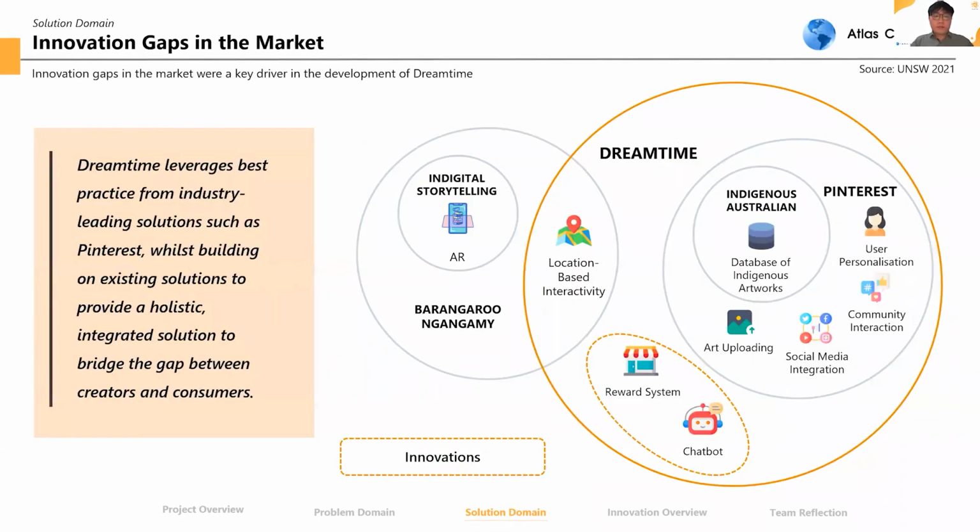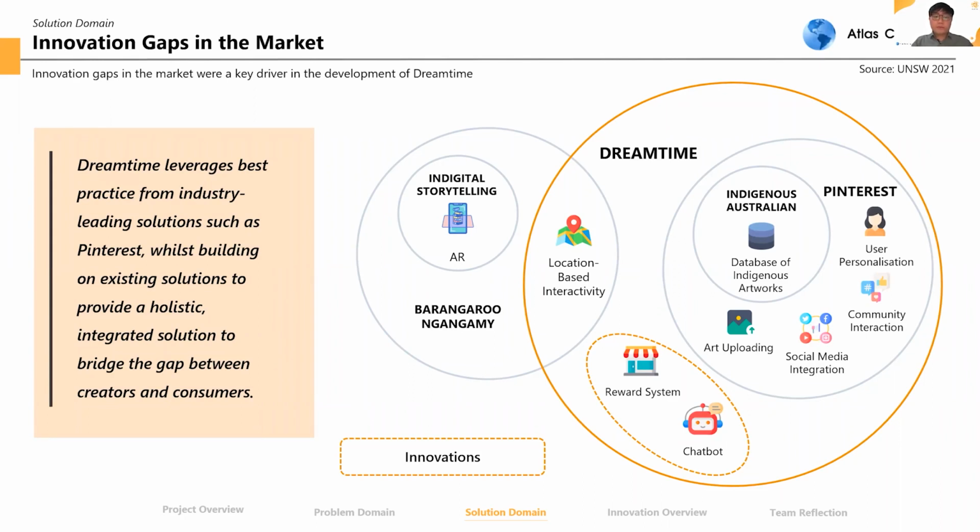After analyzing our main competitors' existing features, Atlas Consulting has discovered 2 innovation gaps: a reward system and chatbot feature, which Dreamtime will inevitably leverage. Dreamtime's reward system has been intentionally designed to convert curious art enthusiasts into repeated loyal users through daily and in-app reward points. Redeemed points can also be used to support local Indigenous businesses, enabling tangible appreciation for Indigenous culture. Additionally, Dreamtime's chatbot can uniquely enable members of the public to curiously explore and seek relevant information. This results in an enhanced educational learning experience to engagingly increase social awareness of First Nation arts and culture.